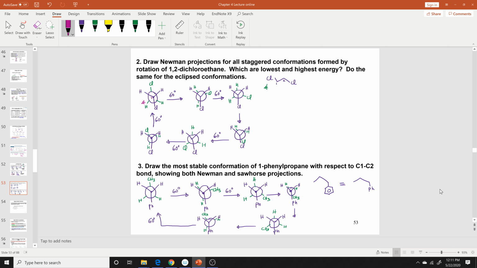Okay, another example here, drawing the Newman projection of all staggered conformations of 1,2-dichloroethane. This is the answer for these two problems. Please go ahead and look at these two problems in here. And again, every time you draw your Newman projection, make sure to locate your carbons in front and the carbons